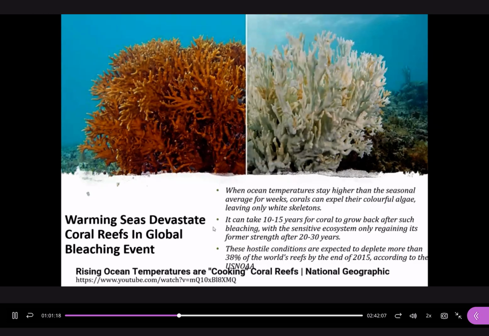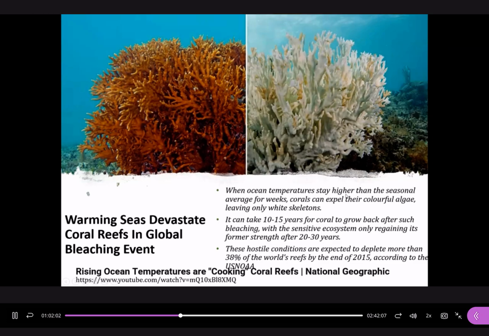Actually, we already recognize this phenomenon, the coral reef bleaching, for many years. I think many of us already know this phenomenon, because there are a lot of documentary videos from the BBC showing our beautiful marine species as well as the bleaching of the coral reef. So here is some information about the response of coral reef to the temperature increase. Here are some scientific facts about the coral reef.